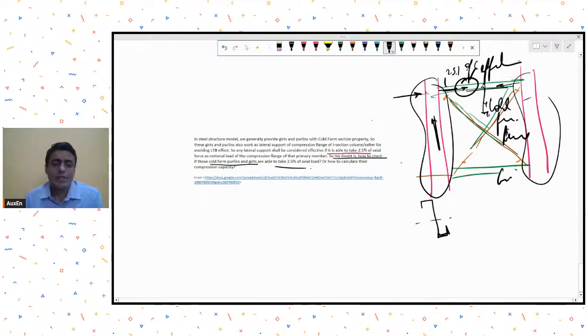So now how do I check this Z section for axial compression of this 2.5% of the axial load in the main member? So that means now I have to check my cold form section for axial loads. So how do I do it? Well, I cannot use the IS 800 because if it's a cold form purlin or girt, chances are that it will be a thin section. So now I will have to either go to IS 801,